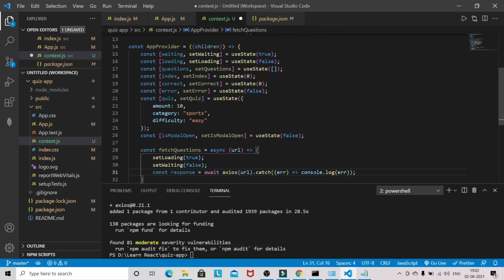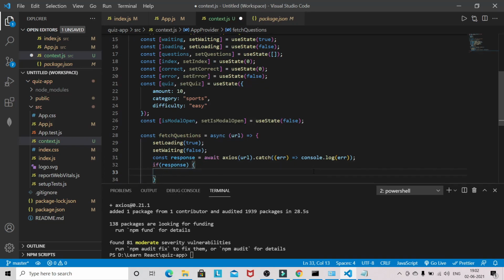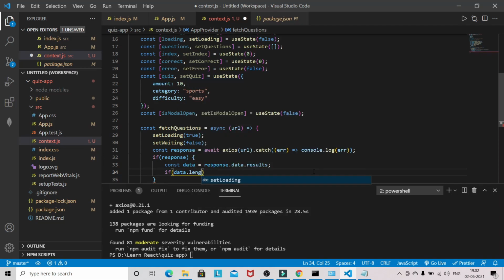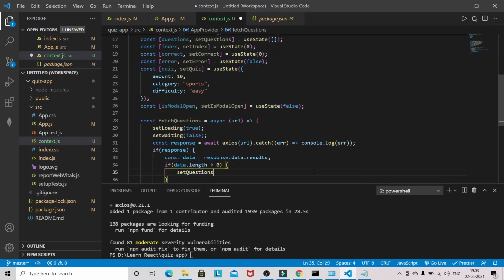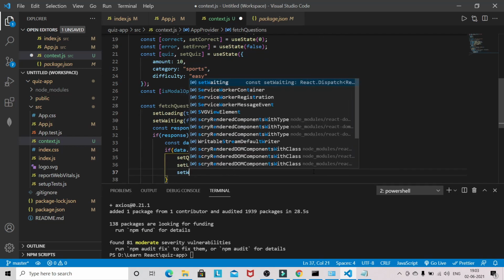Okay, and if response, const data is equal to response.data.results. Okay, and if data.length greater than 0, then setQuestions to data, setLoading to false, setWaiting will still be false.